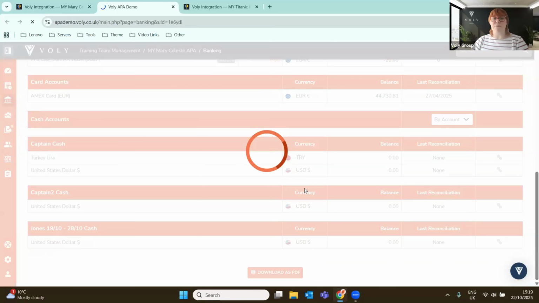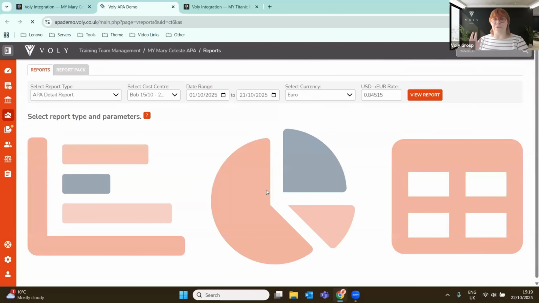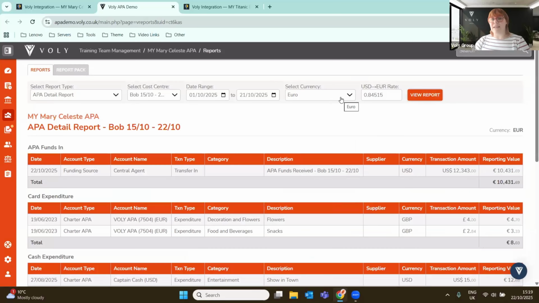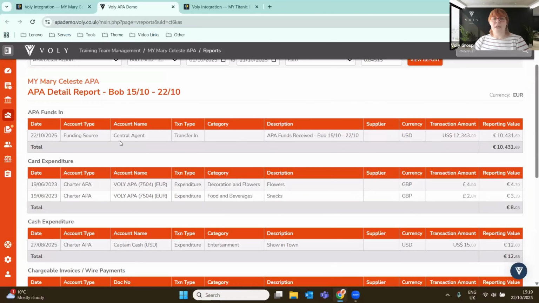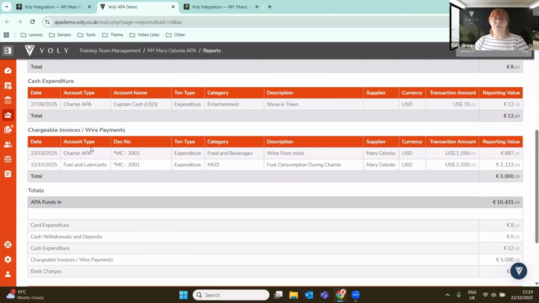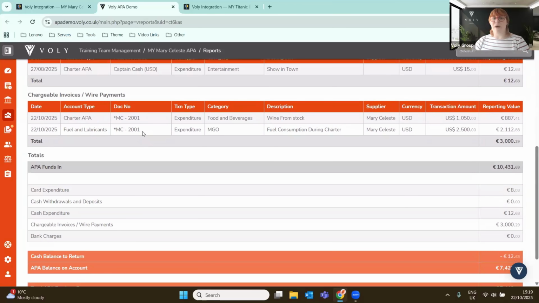And then moving on to the reports, which is really the highlight of the APA system, you run your APA report, you choose who you're running it for, you view the report, you can choose which currency you're seeing it in. So if it's a different currency that the guest wants it in, you can convert it over. You've got your initial starting balance, then the expenditure, any invoices that have been added, and as well with